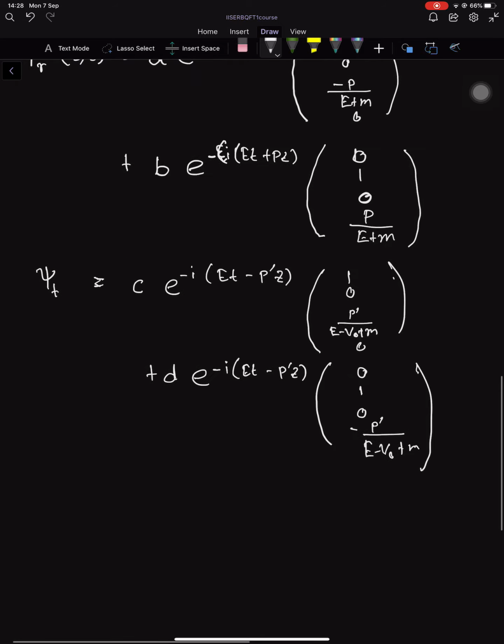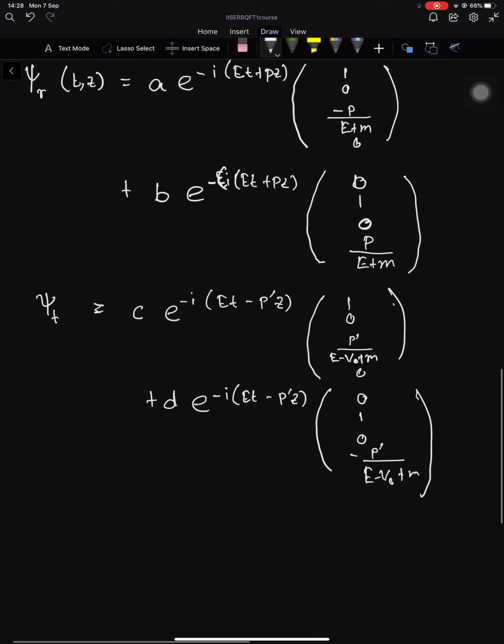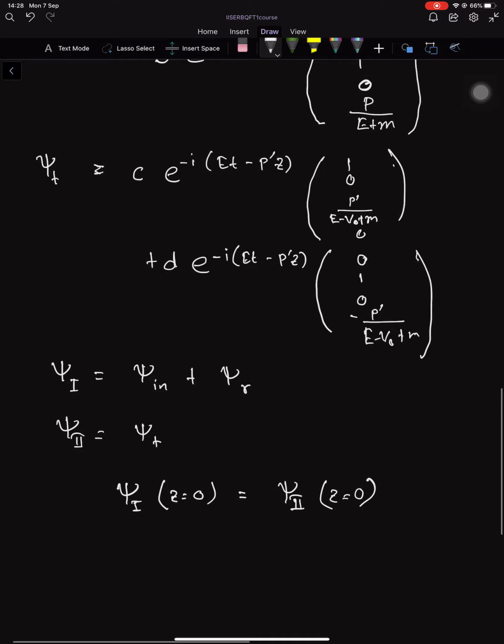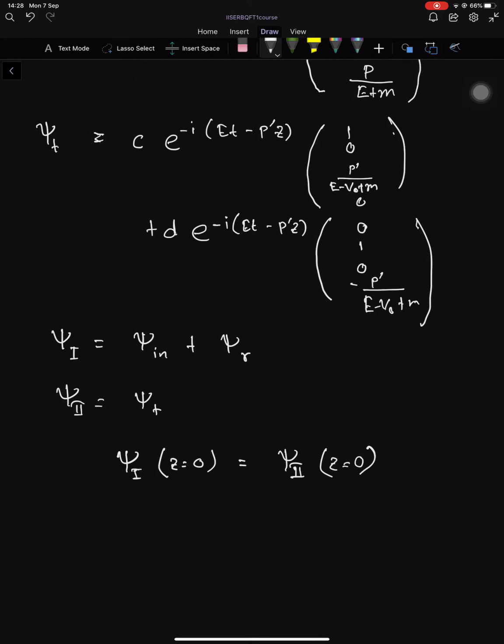Okay, so now again we impose that the wave function in region 1 is simply the incident plus the reflected, and the wave function in region 2 is simply the transmitted one. If we demand that the wave function at z equal to 0 is the same as the transmitted wave function at z equal to 0, you can easily solve this and check that B and D equal 0,